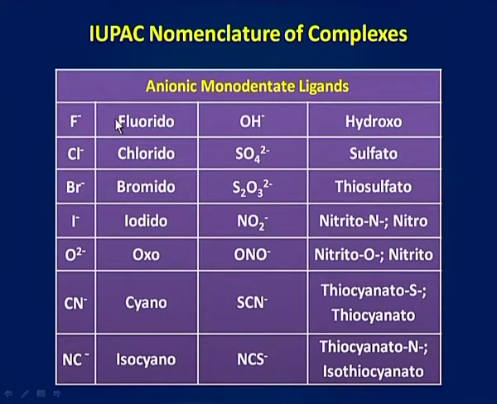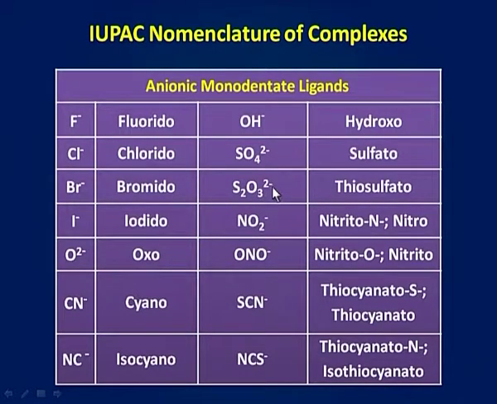F- is named as fluorido, Cl- as chlorido, Br- as bromido, I- as iodido, O2- is named as oxo, CN- as cyano, NC- as isocyano, OH- as hydroxo, SO4 2- as sulfato,